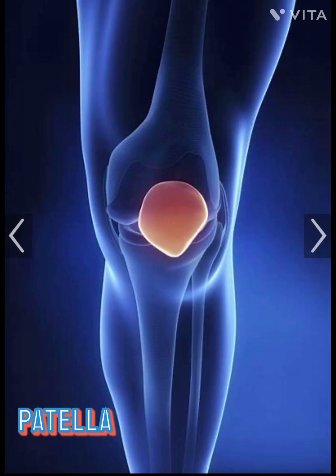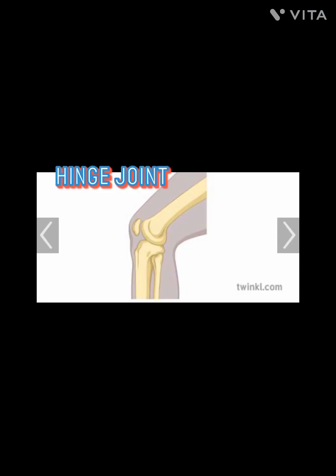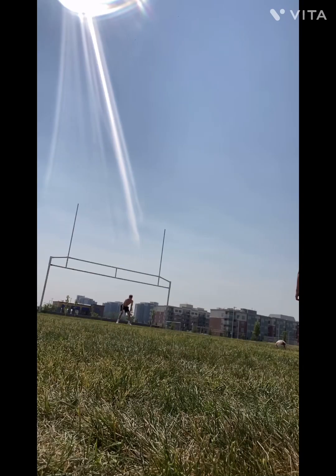You can also see the patella, which is the small bone on the tip of your knee. And you can also see that this movement is again a hinge joint. Now, moving on to Newton's laws of motion, and specifically Newton's first law, which is an object in motion stays